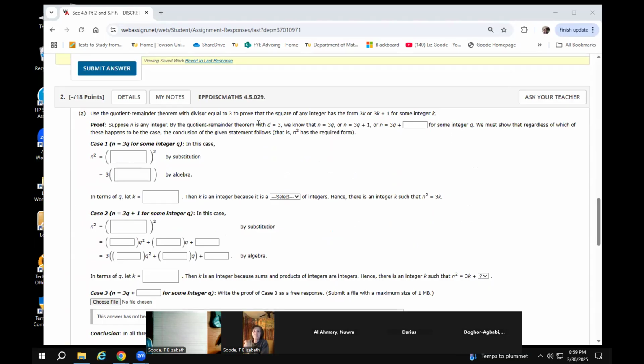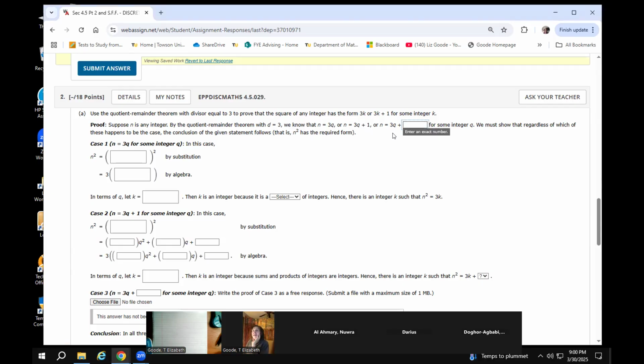Proof: suppose n is any integer. By the quotient remainder theorem with d equals 3, we know that n equals 3q or n equals 3q plus 1 or n equals 3q for some integer q. We must show that